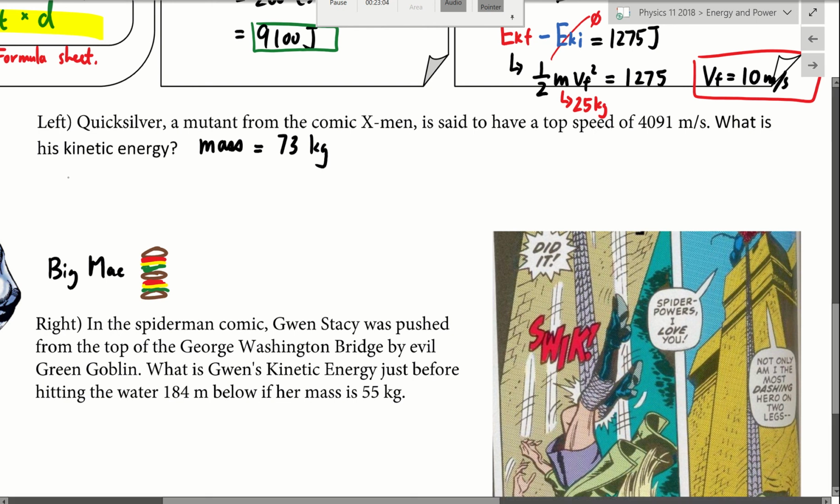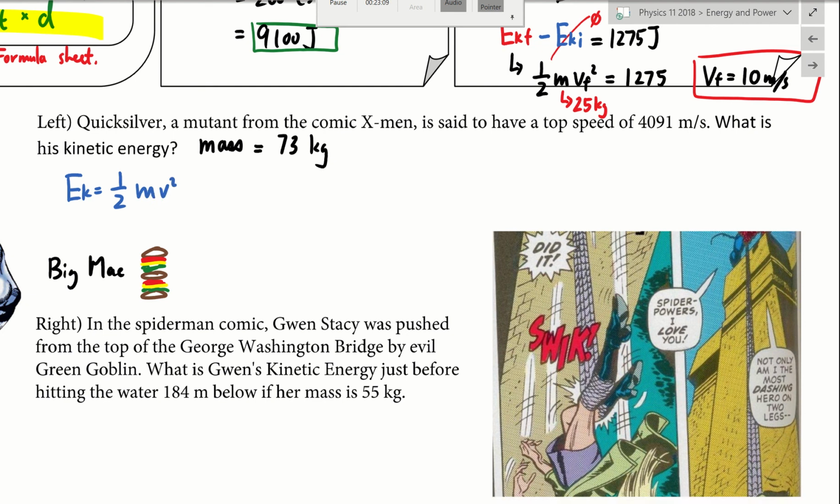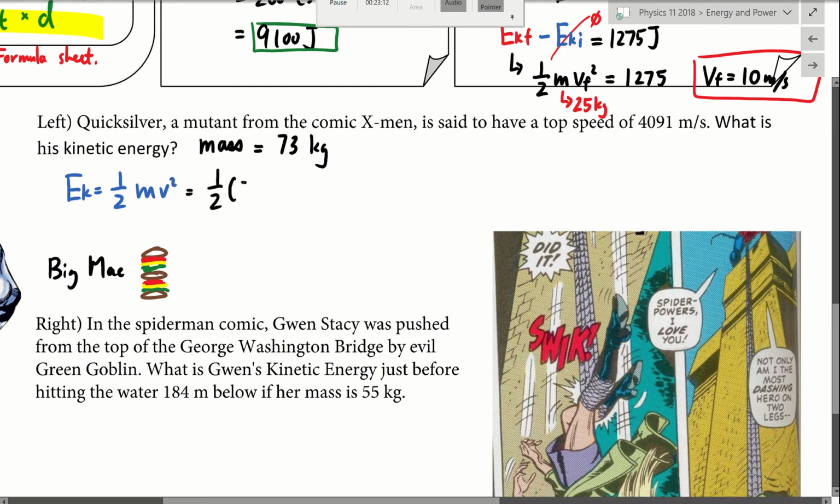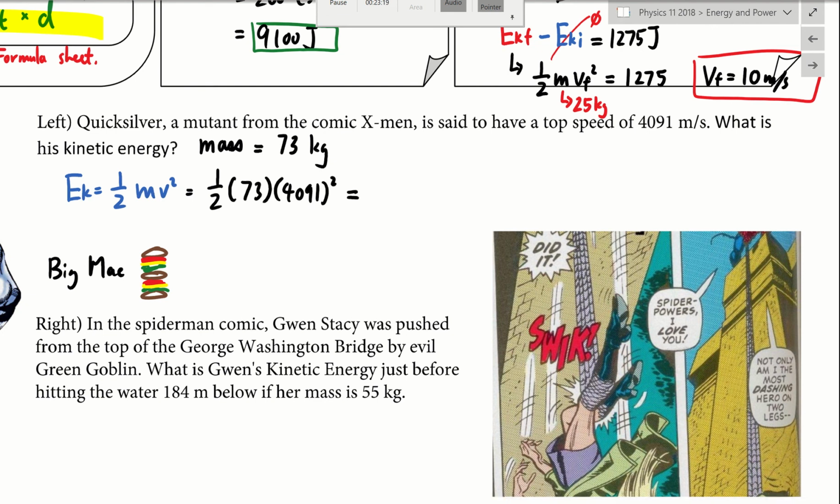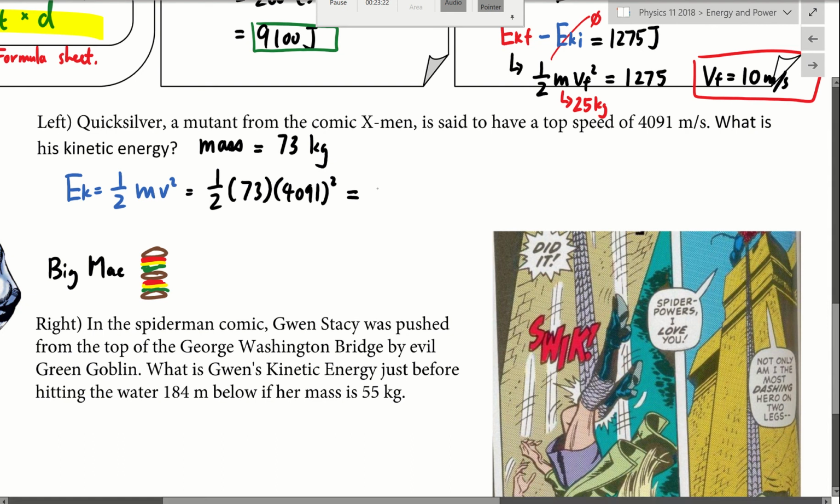So, to calculate his kinetic energy, we take the kinetic energy equation, 1/2 mv squared. In our case, it will be 1/2 the mass of Quicksilver times his speed, 4,091, squared. I used my calculator, and I got an answer that is about 6.1 times 10 to the 8 joules. Now, how much is that? About 610 million joules